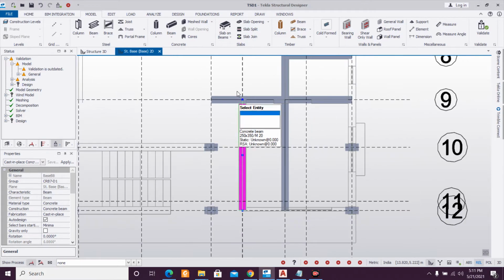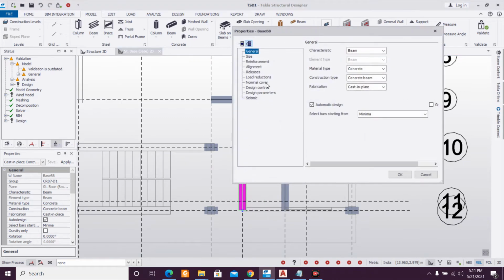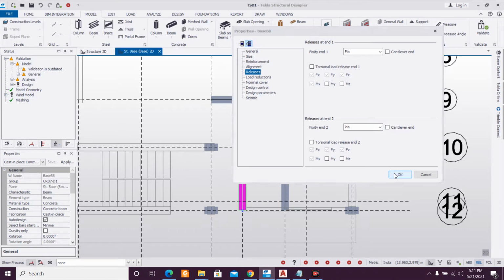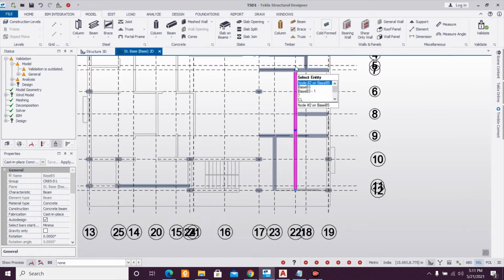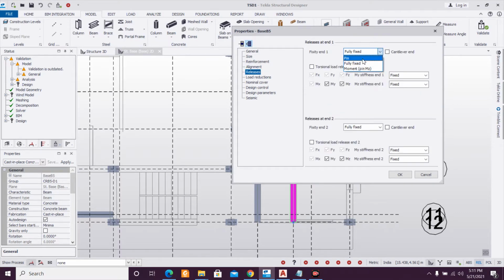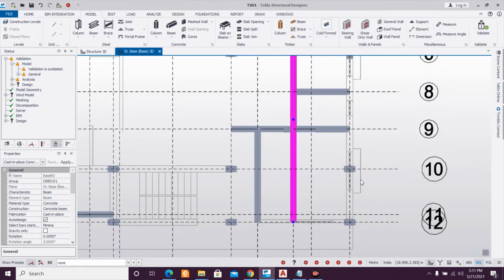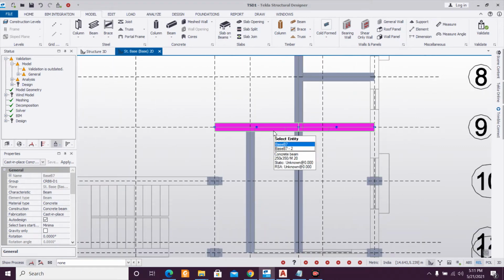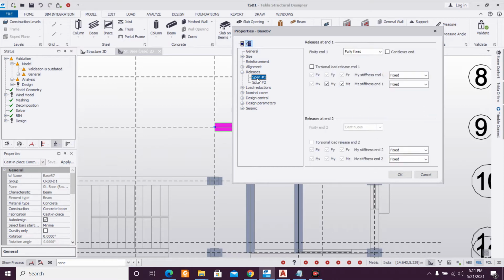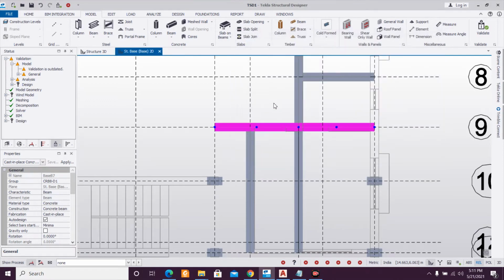So you can also figure out, both the ends there is no column, so simply it will be pinned, pinned. This one similarly, both the ends we don't have any columns, that will be pinned. Releases, pinned and pinned. Okay, this one no columns, releases, pinned.